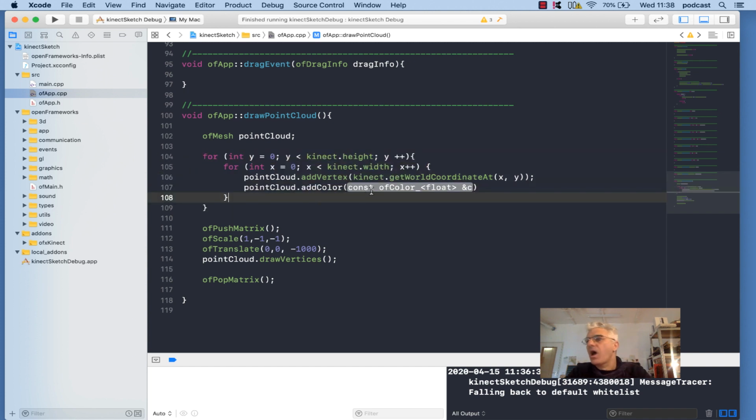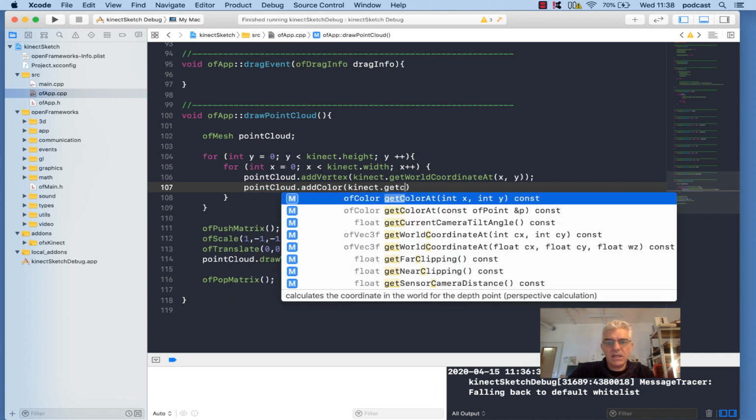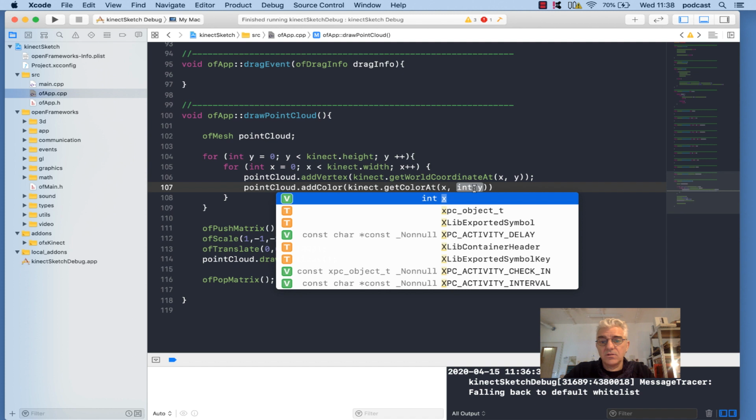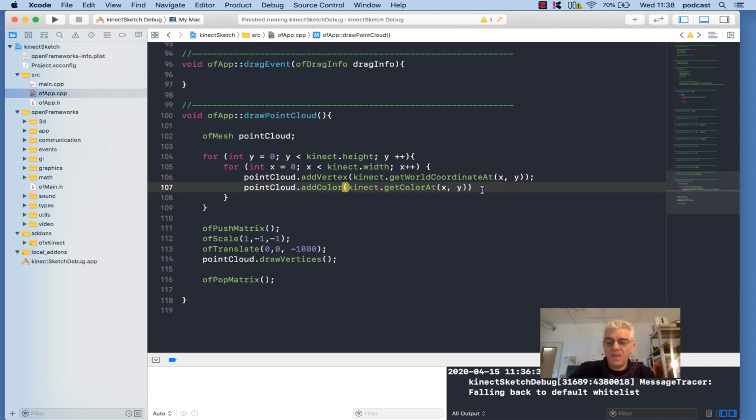So when I add a vertex or a point into my point cloud mesh that I'm generating inside this X and Y loop, I'm going to say Kinect dot get color at, in exactly the same way that I can say get the XYZ position at a world coordinate, I'm going to say get the color at X and Y and add that. So I'm going to add a vertex and it's going to have a color attached to that vertex point. So I'm building a mesh that has color on the surface. So now if I draw vertices,